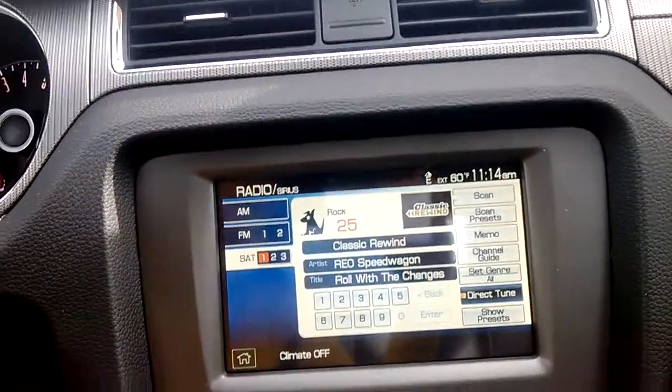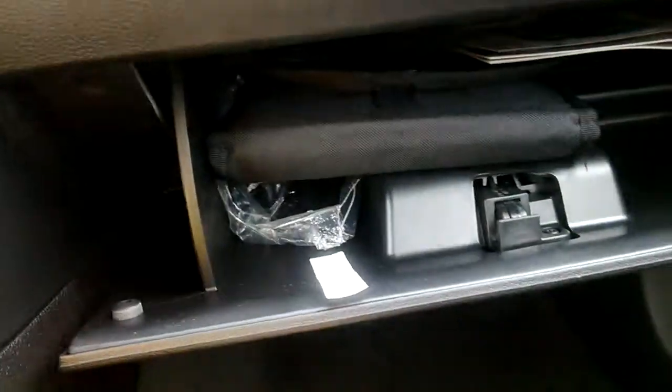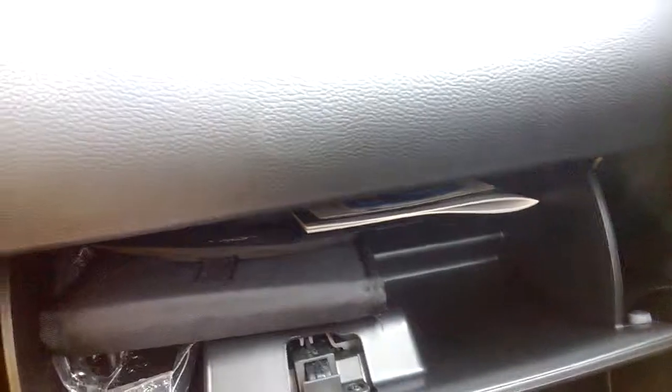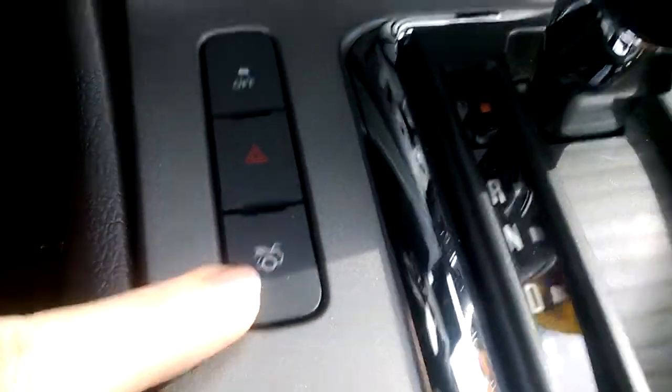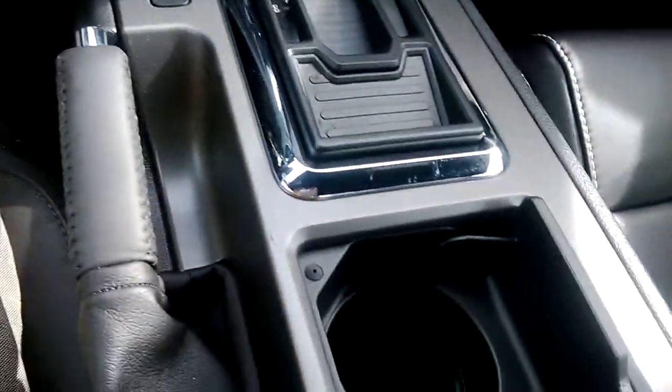Hell yeah, REO Speedwagon. Anyway, we've got the glove box over here, which as you can see is not a whole lot of room, but it's decent. It's got kind of two-layer thing going on inside of here. I don't know if you can see that all that well. And over here we have traction control. You have your hazard lights in your boot, your emergency brake,